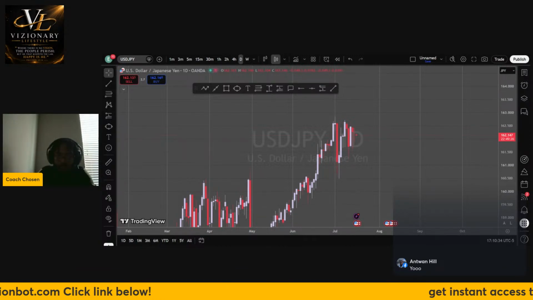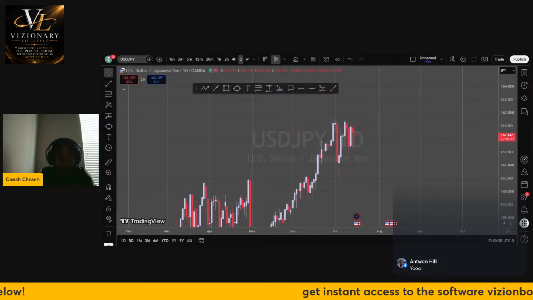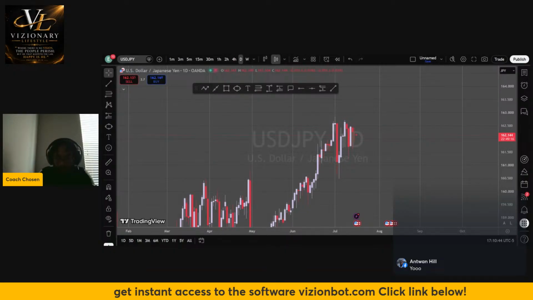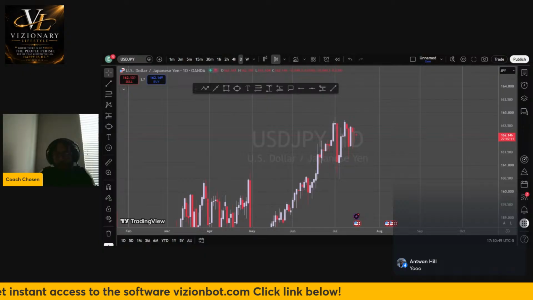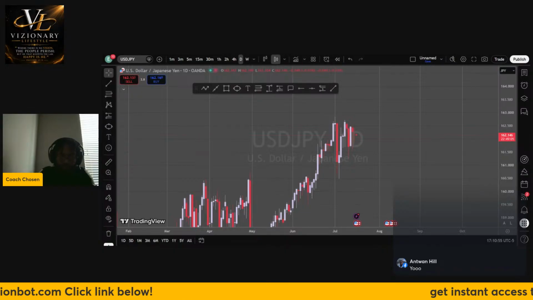You want to be able to understand a few things. What trend am I in? Is it an uptrend? Is it a downtrend? Or is it just ranging, right? So once you identify that, it helps you identify where the market can potentially go. Then it also tells you the direction that you will want to look for your trade to go in,